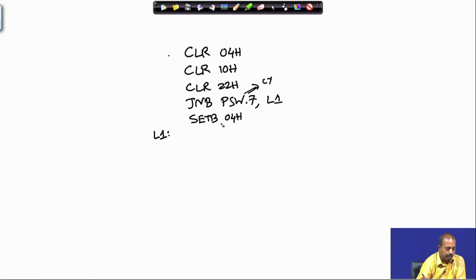So, we can do the next check like JNB PSW.6, L2, and if the auxiliary carry bit is set, in that case we need to set bit location 10. So, we write set bit 10 hex. And then in L2